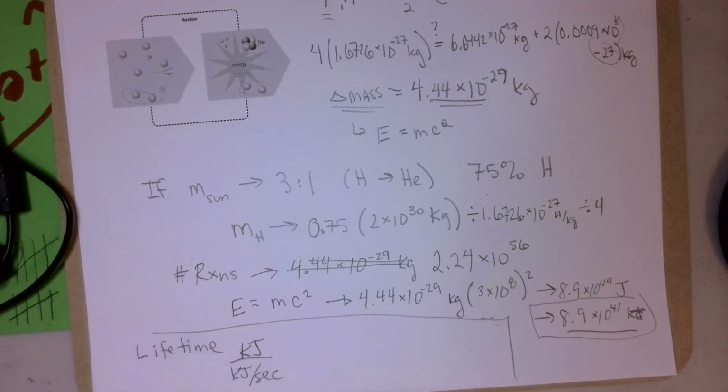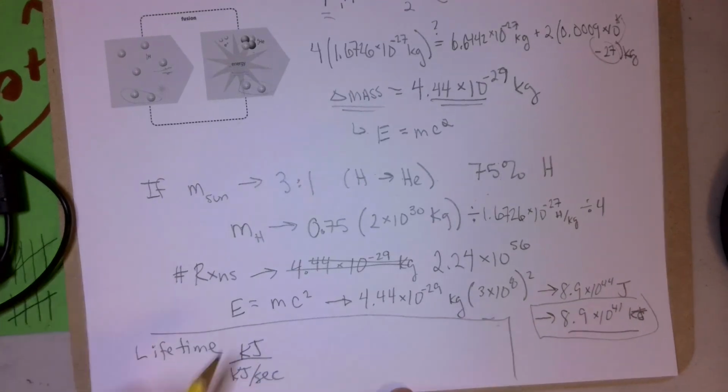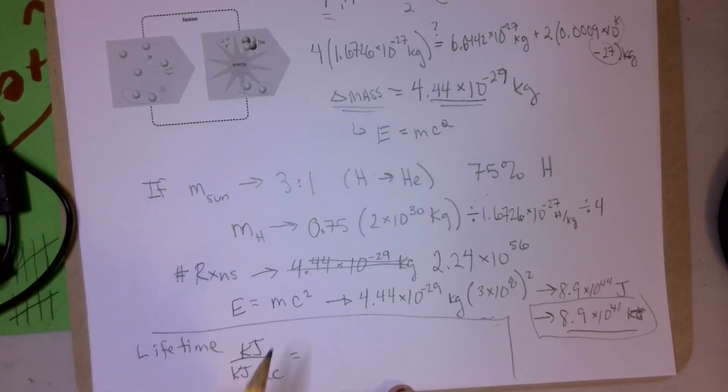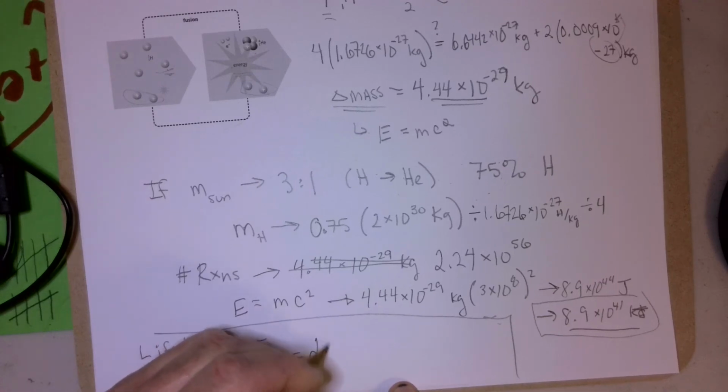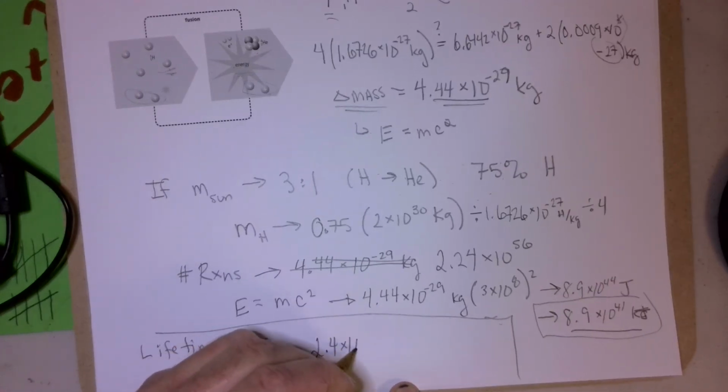And when we divide those numbers, the energy that we just found by the rate of emission, what we get is 2.4 times 10 to the 18th